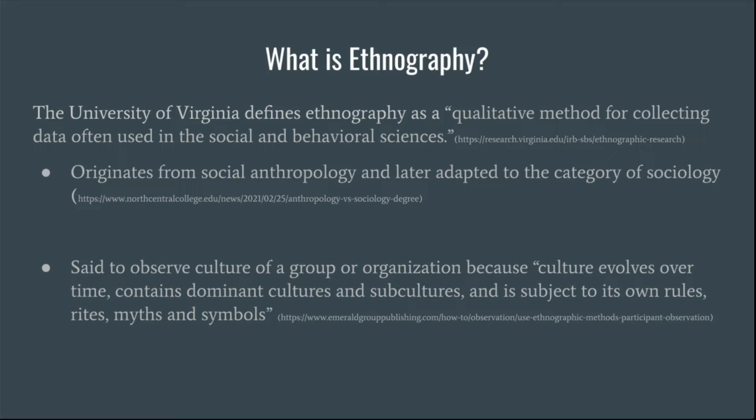Social anthropology relates more closely to the historical aspects of human nature and society as it developed, while sociology more closely relates to human behavioral aspects of society, especially at particular times or in specific environments.